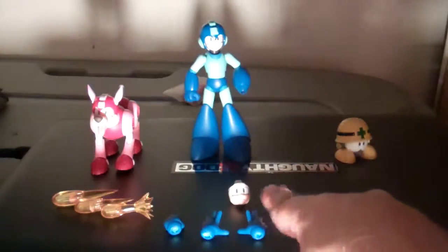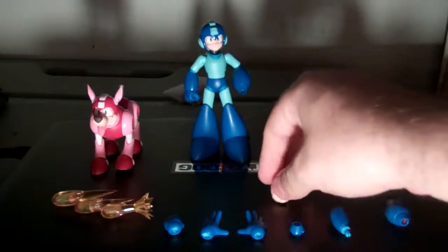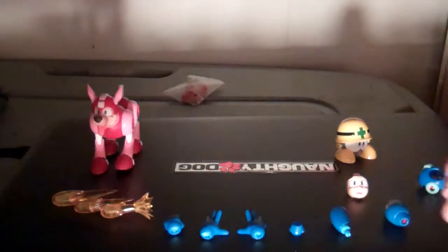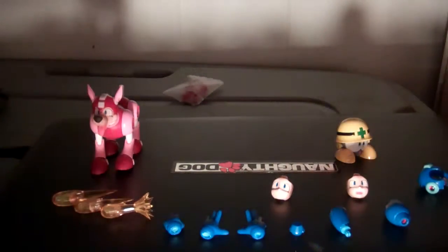Okay, as you can tell, we have two faces right here. One of them being an angry face, and another one being an angry shouting face. Alright, so how you switch that? Okay, we're just gonna switch to the regular angry face. What you do is you pull from behind these little ear gems. Pull from both of them. At first, it might be a little hard, but after you do it so many times, it's super easy to pull off. Alright, so you just pull out the extra face,